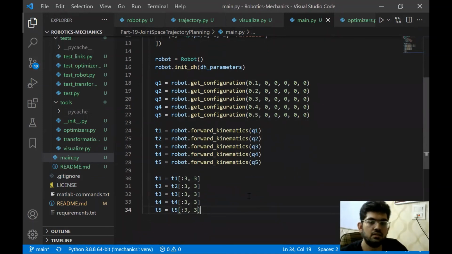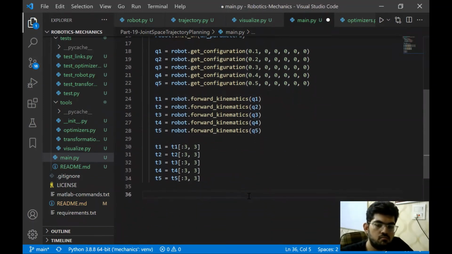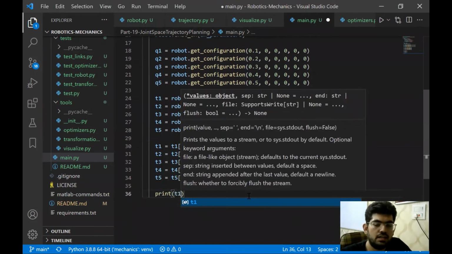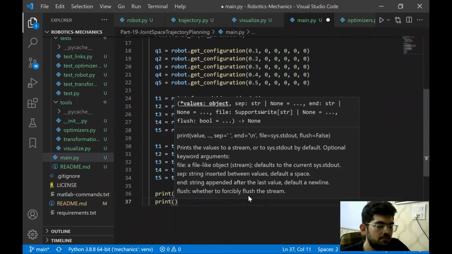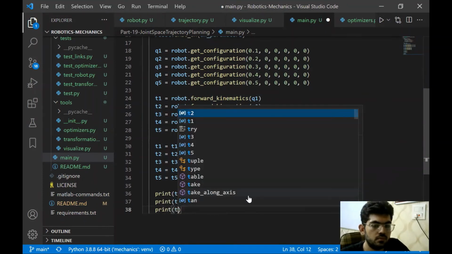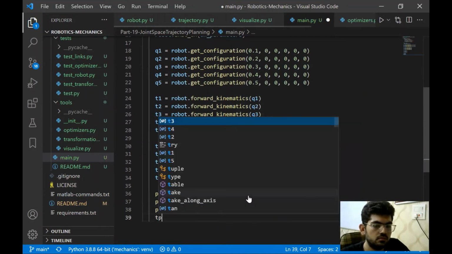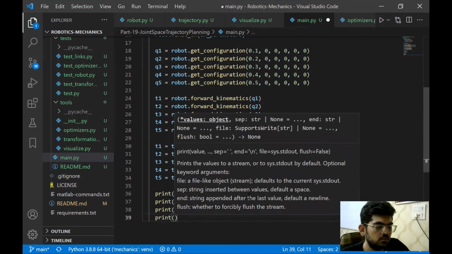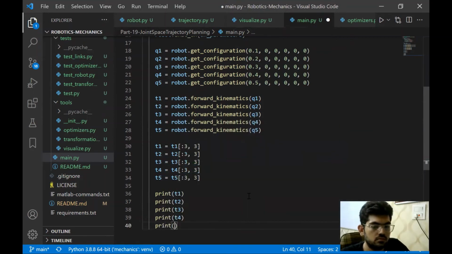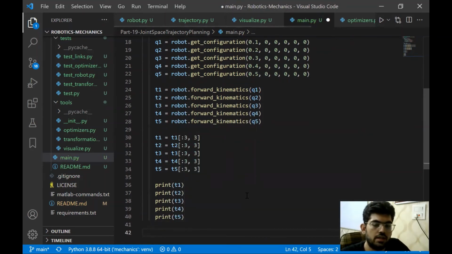So we have this now. In order to compare the plot that we have, let's print these values as well. Right, now these are printed.